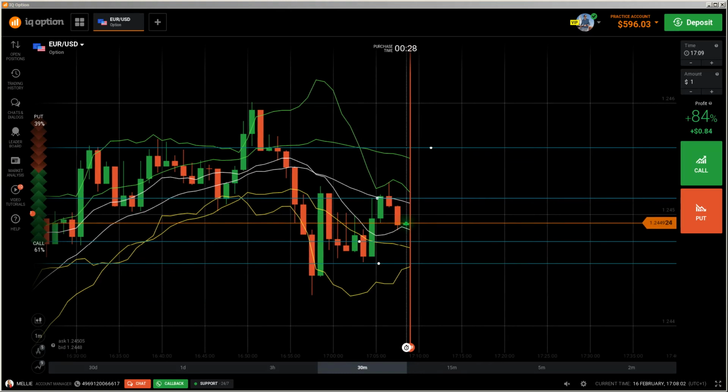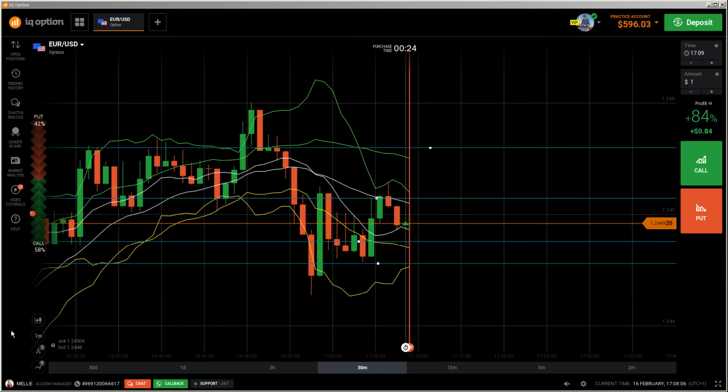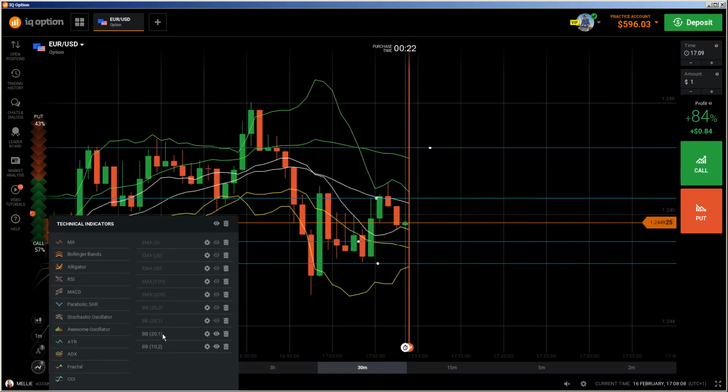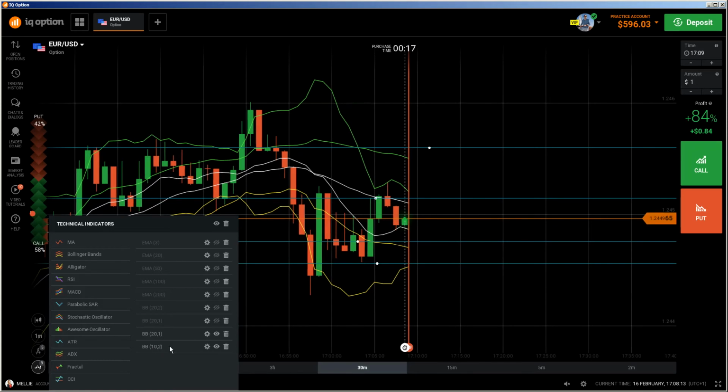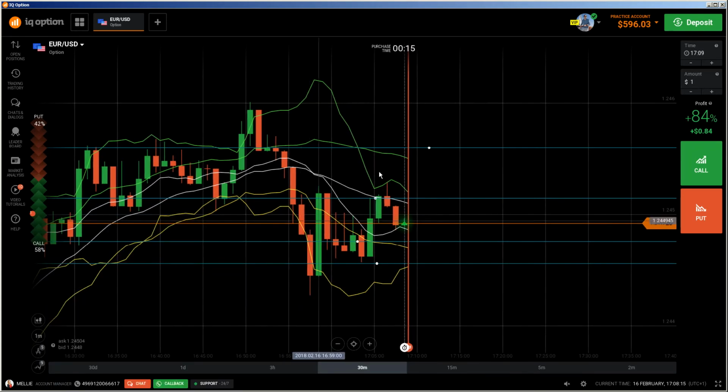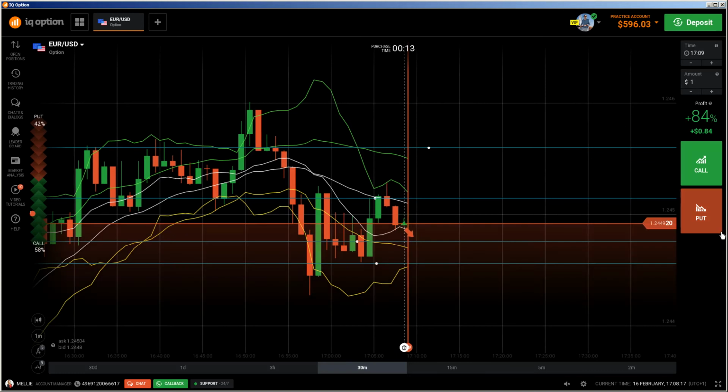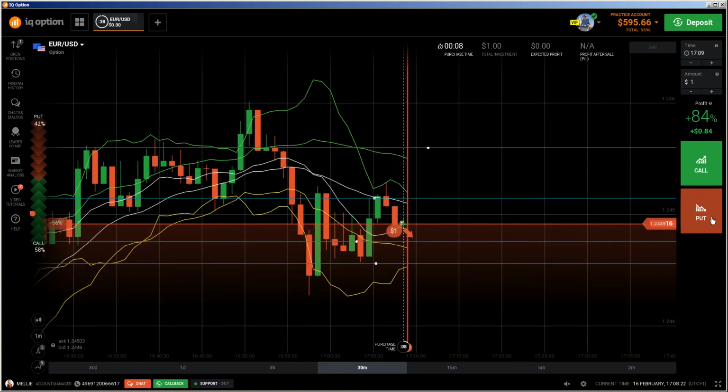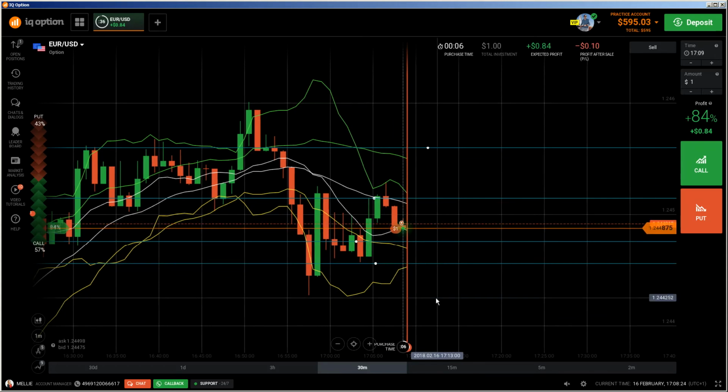Let me see what is going on. I can show you again the setup here. One is 20 with deviation 1, and the other is 10 with deviation 2. Okay, so let's see what is going on. I would say I do a put here. I'm going to do a put now based on price action,